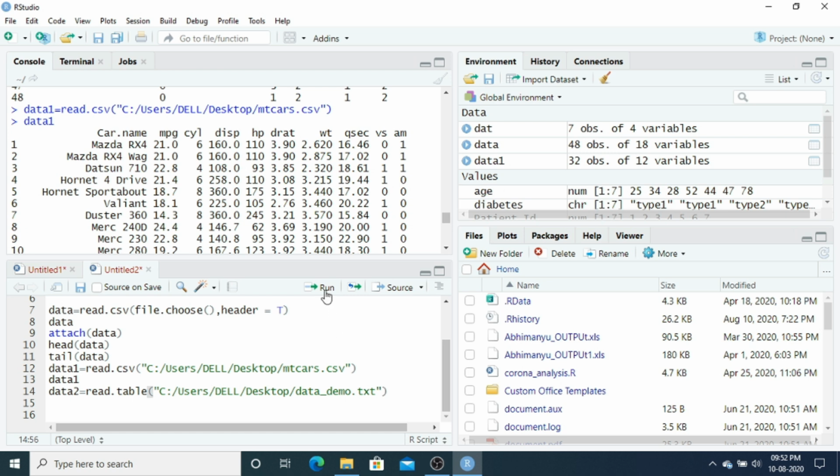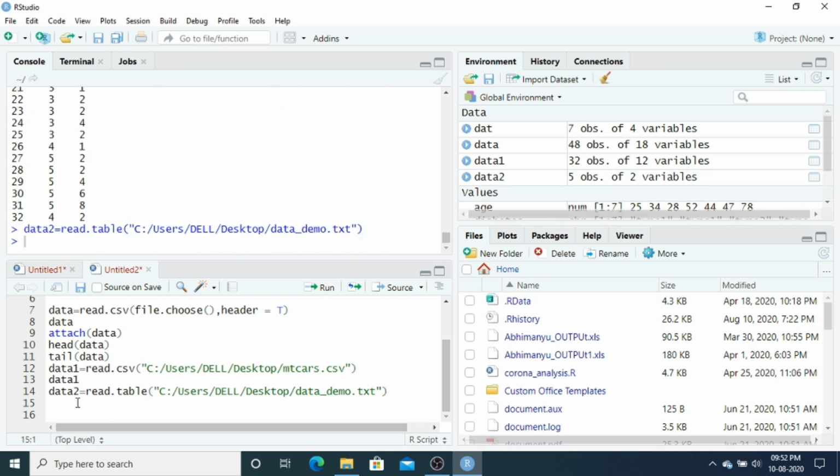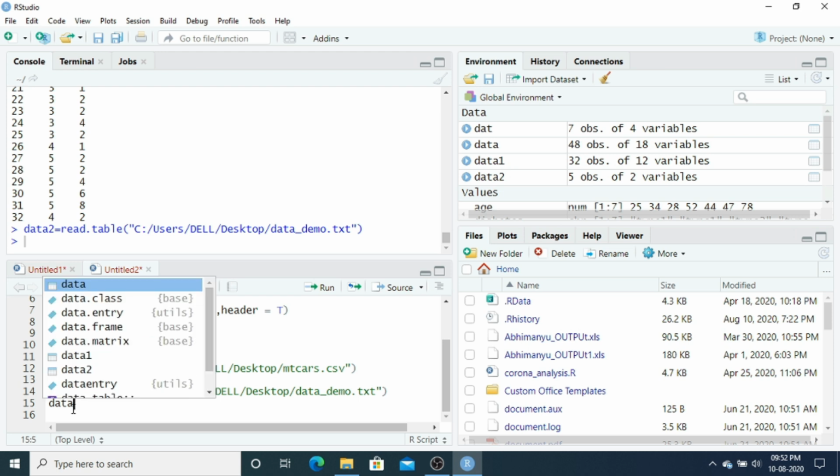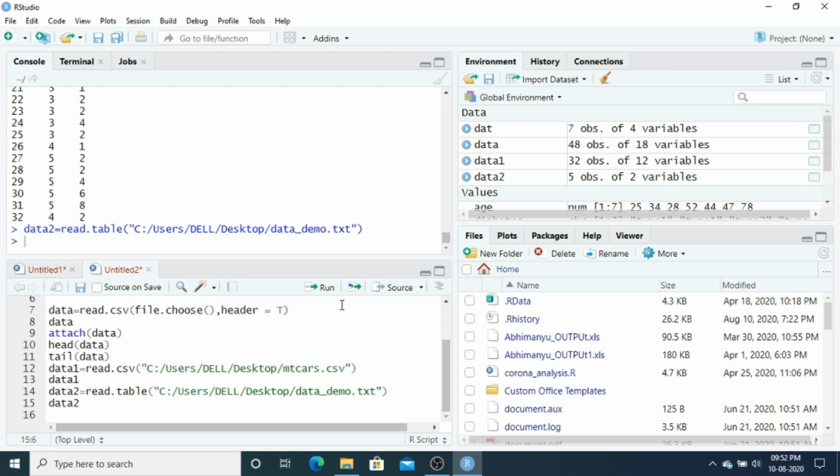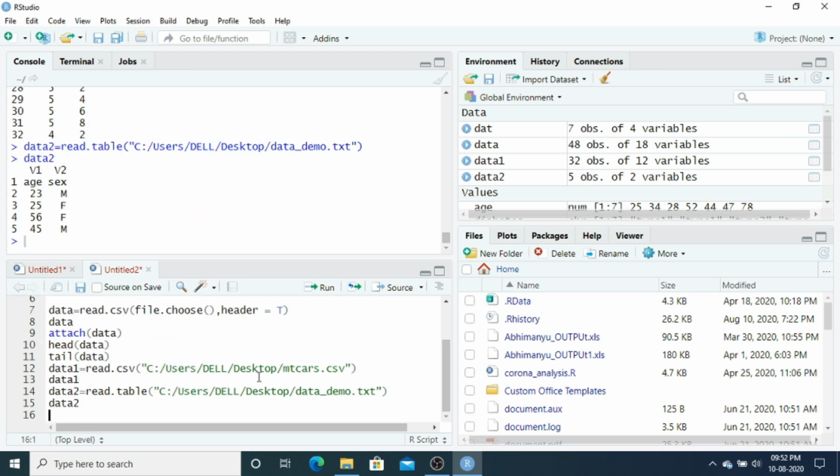I think this will run, and if I show you data2, you can find your data.